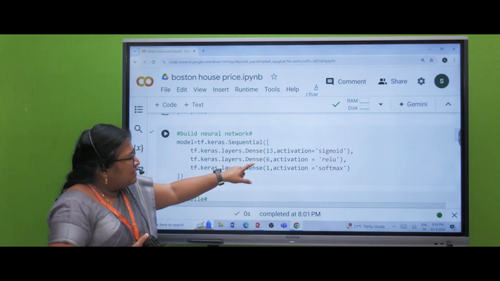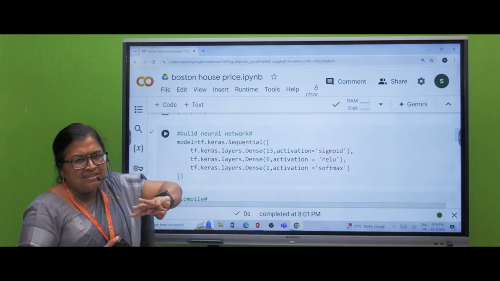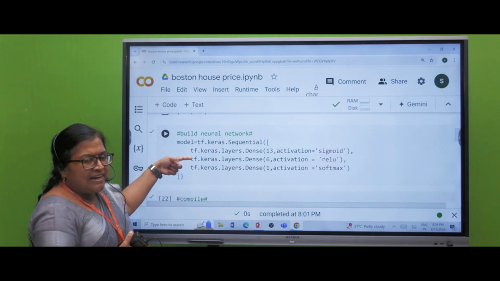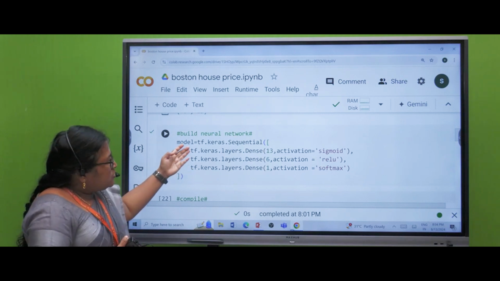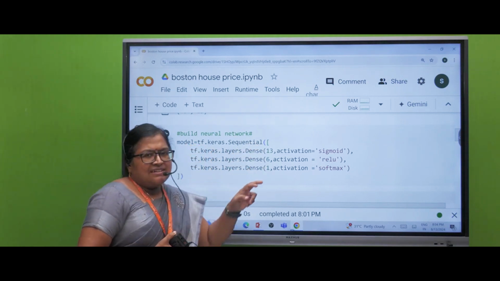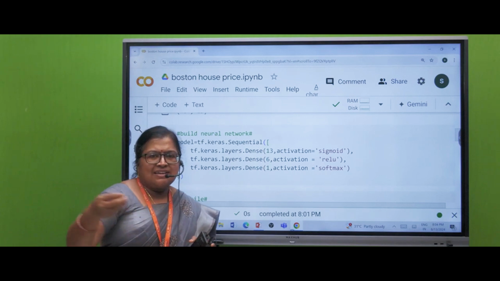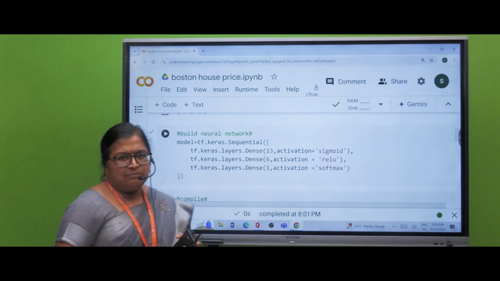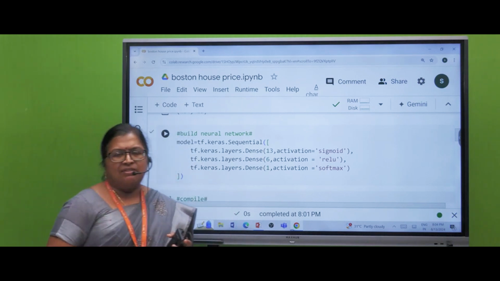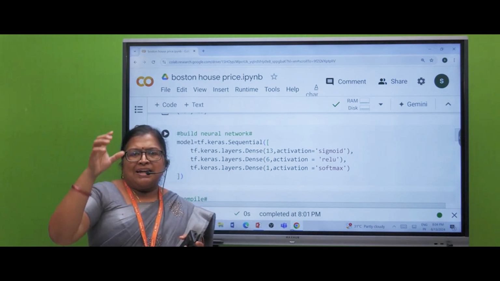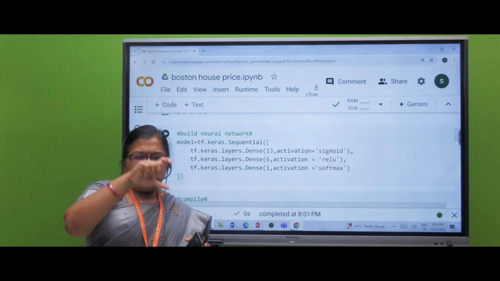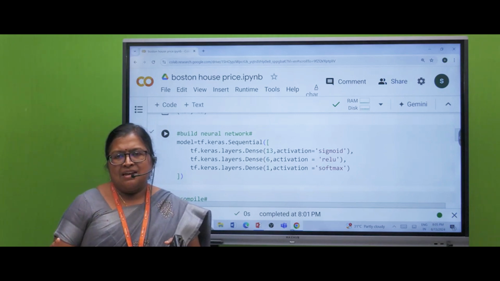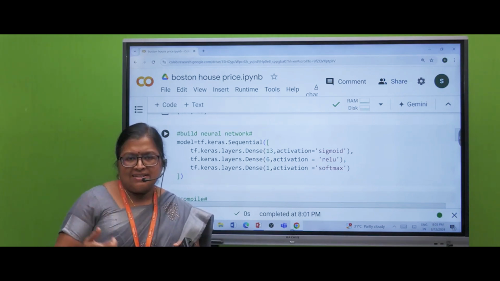So in that particular sequential, here I am using three layers. So three layers I am connecting one by one. First one is my input layer, second one is my hidden layer, and third one is my output layer. For my input layer, dense is nothing but each layer is connected to another layer. Suppose in my first layer I have two neurons, and my hidden layer I have three neurons. These two neurons are completely connected to those three neurons. Then we can call that a fully connected network or dense network.